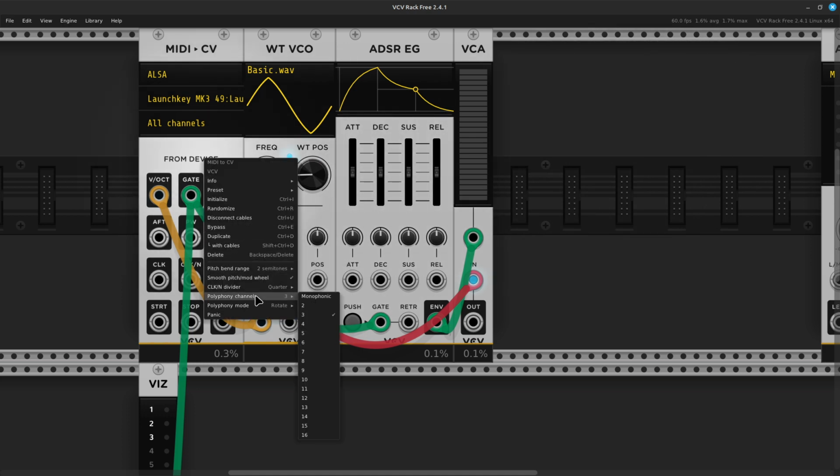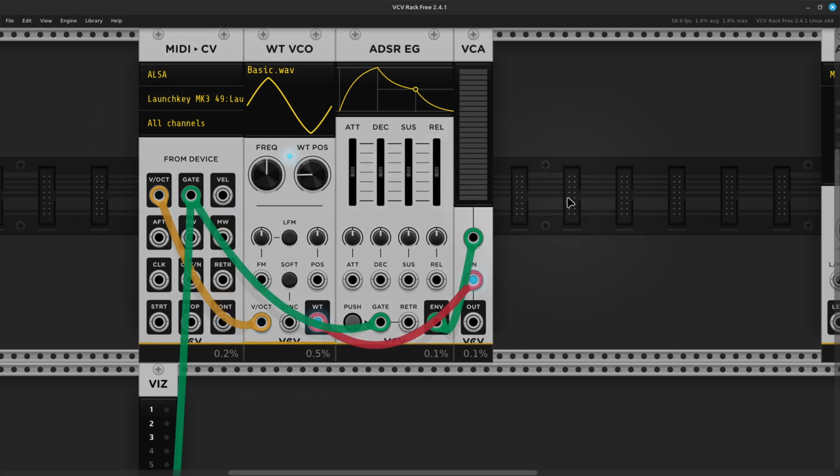But let's try rotate and see what happens there. Now, oh no, this is reuse. Sorry, we just did rotate. Reuse is starting at 1. Yeah, same thing down here. 2, 3. And I play a 4th note. No velocity, no attack spike there. Now I release them, and we're starting at 1 again. And now we're starting at 3. It'll be hard to keep track of that, but